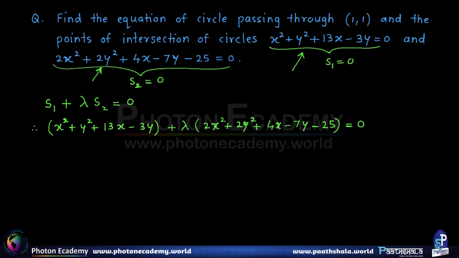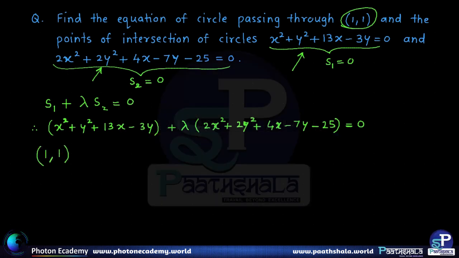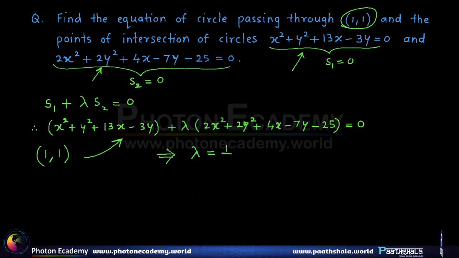Now we want to find out that specific circle which passes through 1, 1. So that means if we substitute x and y with 1, 1 in the above equation, that will give us the value of lambda, and we don't solve that here, it's simple substitution, and on solving it we will get the value of lambda as 1 by 2, and therefore on putting it back in the